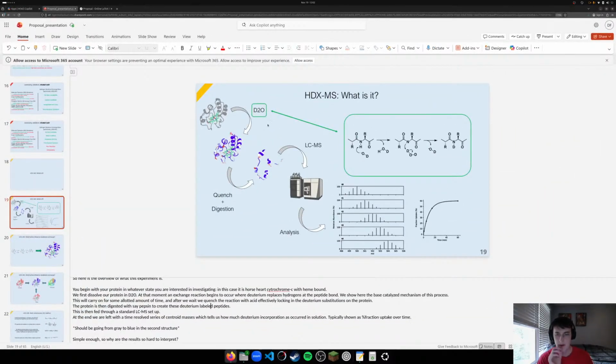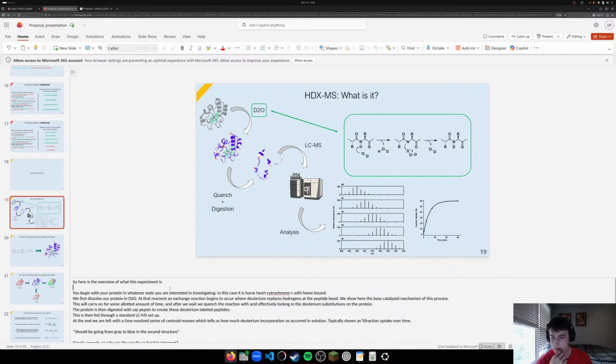Okay, so what else could they ask me? So what do I usually explain here? So this is like the overview of HDX-MS. So I would say here,